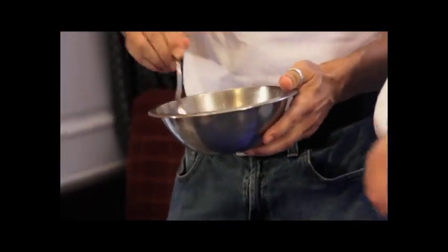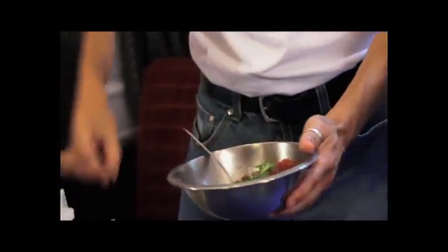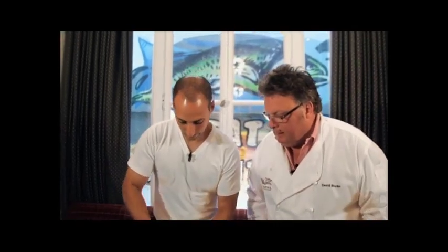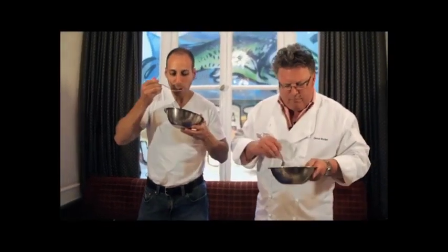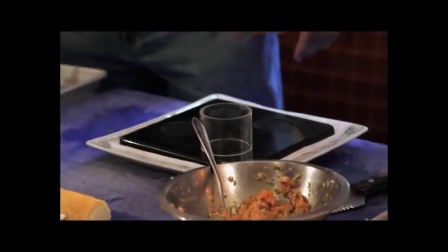And this will last overnight, and it'll marinate. So you want to make it a couple hours ahead so it absorbs some of the flavors. That looks good. You got enough oil. And then you taste it, and you can always adjust. Mustard oil is really good. The bottom layer here